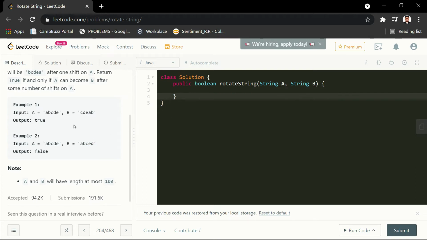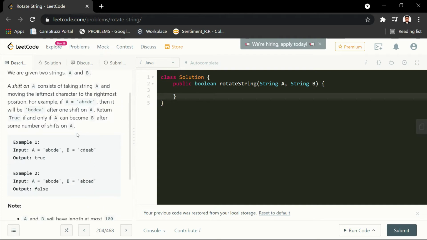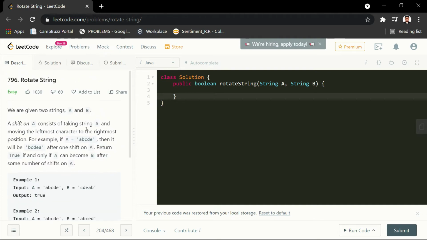So this is a very good problem, but it is a very simple problem. So we have to just make a shift. So the basic thing we have to check: if the strings are equal, then we can return true. And there is some other intuition which I would like to explain. Suppose we take the example.